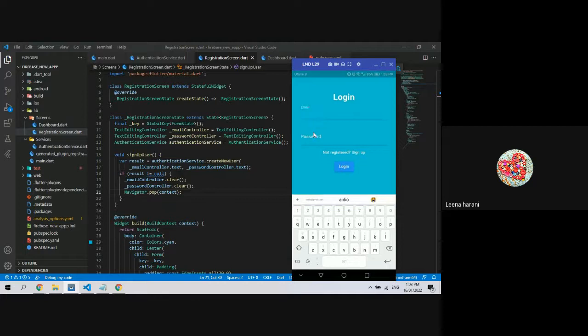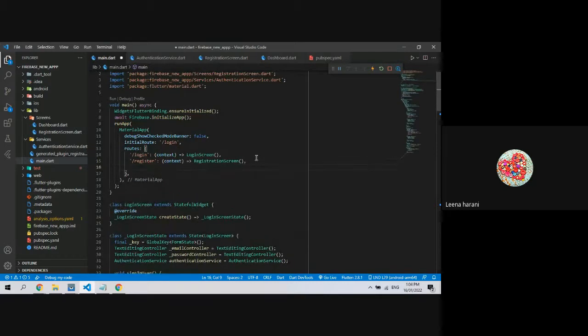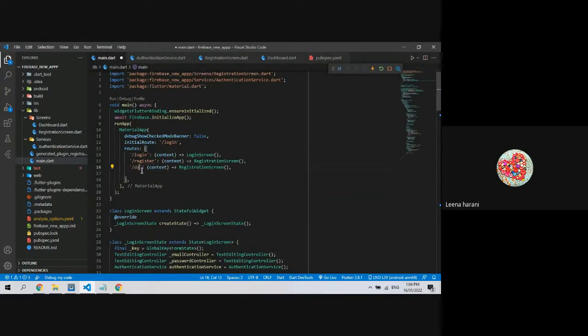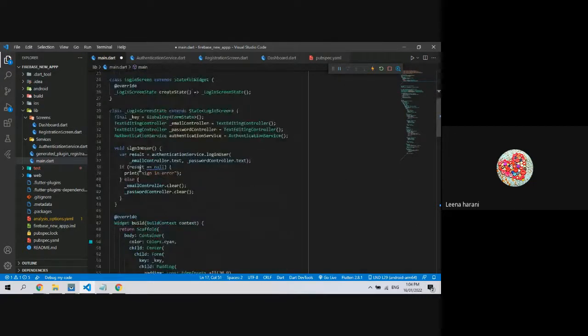Let's log in. Lina@gmail.com. Password is ABC12345. Let's hit the login. Okay, because we have not initialized this dashboard.dart file in main, I'll copy this, paste it, and change this name to dashboard. And here we will change this to dashboard screen, and I'll call this dashboard screen inside of the sign in user. After this clear,